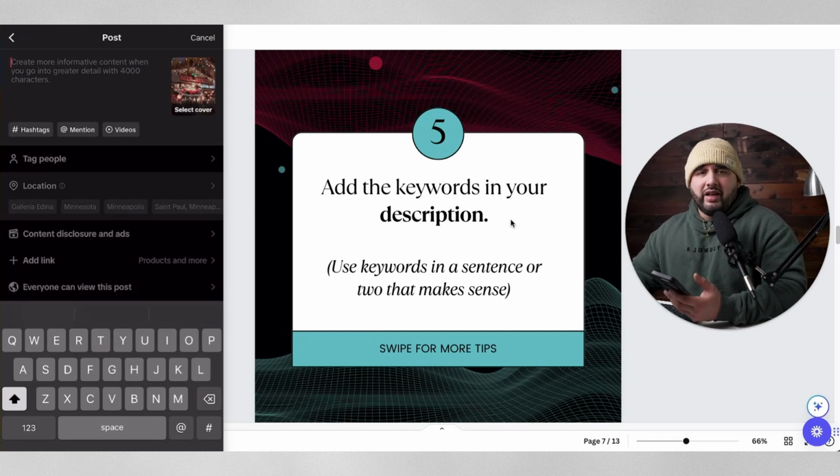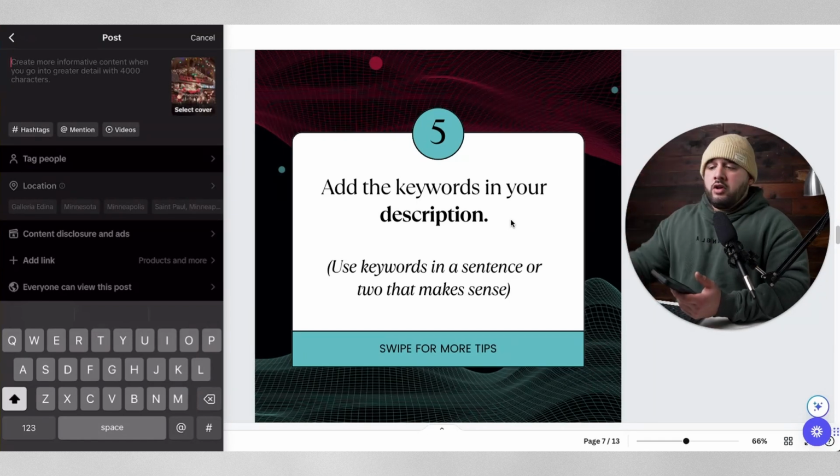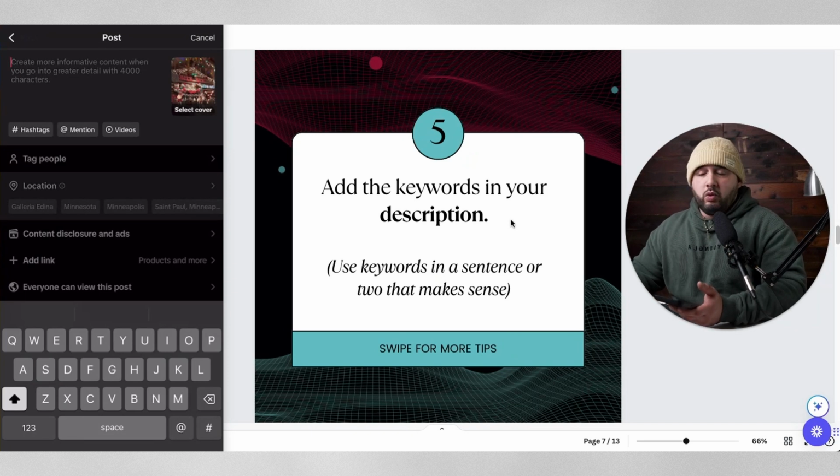It's not as much like Instagram where people write novel captions, right? And that really works well on Instagram. But here on TikTok, you just want to make sure that you're speaking to your audience if you want to do that, or if you're just trying to optimize, you go ahead and do a natural keyword stuffing phrase. So let's say I was talking about TikTok growth. A lot of times I go down here on the bottom and I